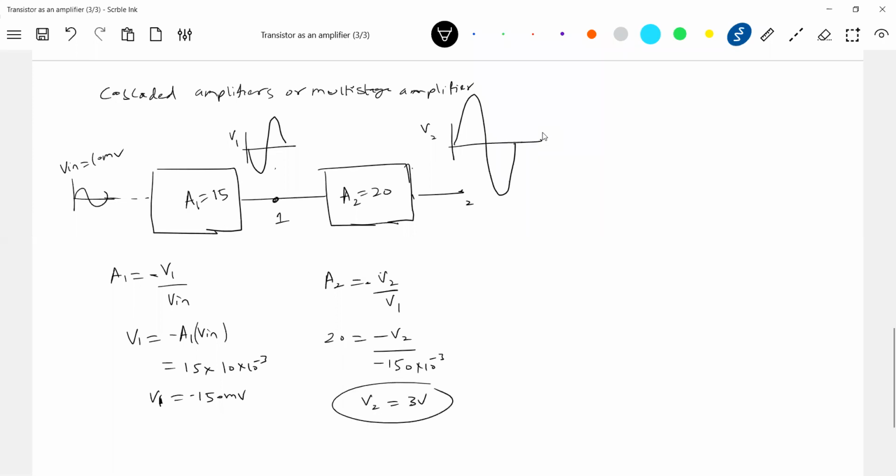See, from 10 millivolt, you have increased the strength to 3 volt. From 0.01, you have made it to 3. I think it's a very huge change, no? If this signal is given to a loudspeaker, you can hear clearly. Now, in a class, what I speak will hardly be heard without a mic beyond the first and second bench, or at most the third bench. Now, with an amplifier, the adjacent class can also hear me. Who has increased the loudness? The amplifier.